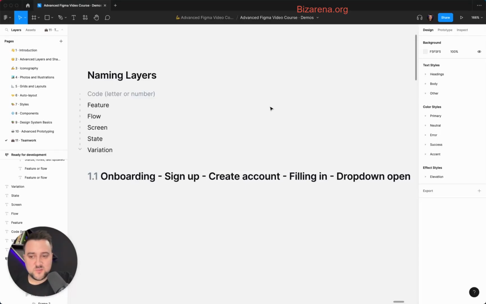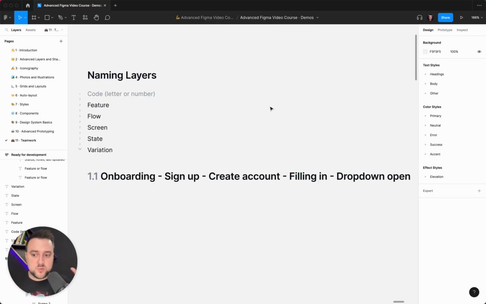This is going to be a short video, but basically one way that I like to name my files, and again, it depends on the project and how big it is, how structured it needs to be. As you know, I'm not the person who's really going to go inside each layer and rename it, but I am going to name components and items that are going to be used and ready for development later on, especially because